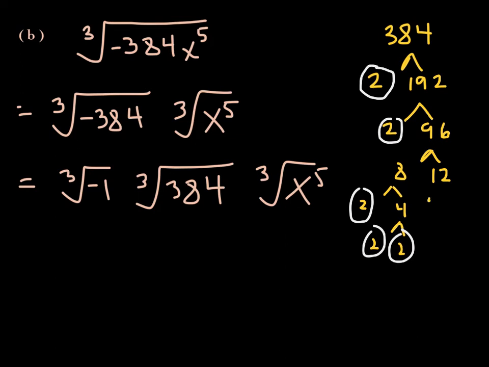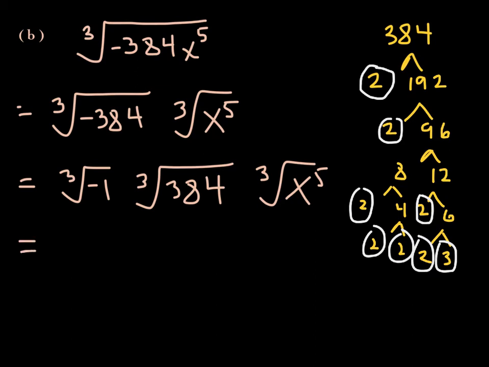12 is 2 times 6. You could also do 3 times 4 if you'd like. 2 is prime, 6 is not. 6 is 2 times 3, and both of those are prime. All right, so the prime factorization for